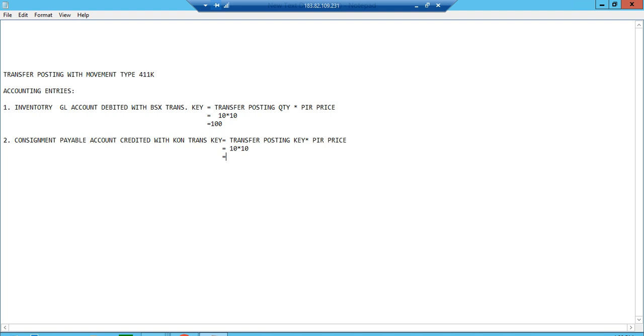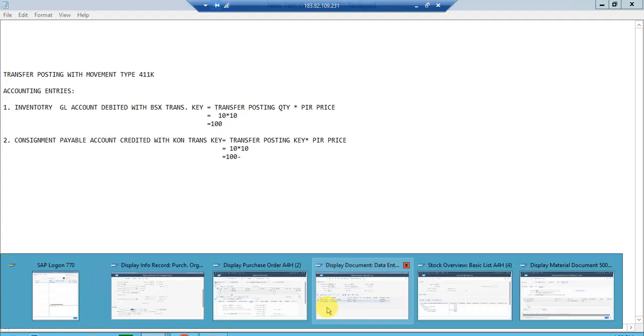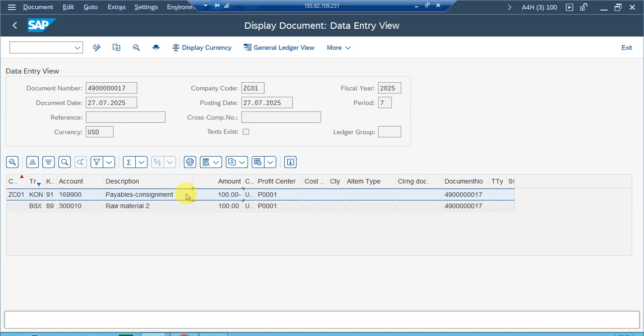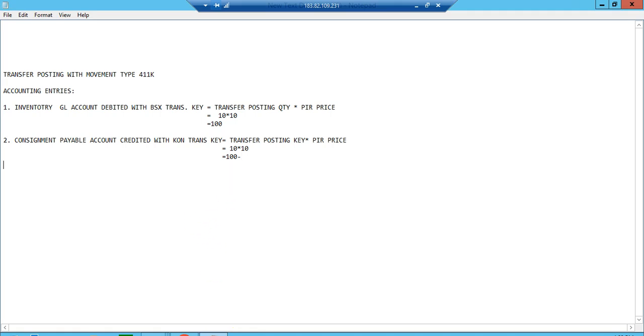So here our consignment payable account will be credited with the KON transaction key and with amount 100 rupees. 100 rupees will be minus, because this is crediting. So this is the accounting entry the system will generate during transfer posting. Now let's say,